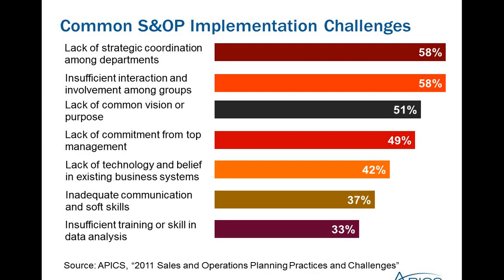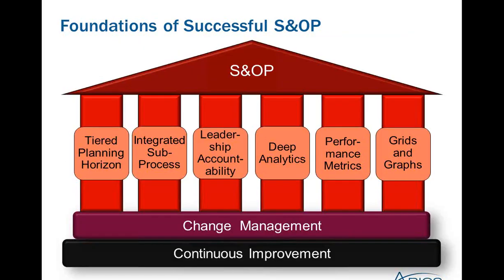The foundations we have in S&OP, I've already mentioned, continuous improvement is key. Change management is big as you start to formalize, because you're going to ask people to do things they haven't done before. You're going to ask people to stop doing some of the things they've been doing and trust someone else. So we need the pillars that you see here to make all that happen, we need to know what that planning horizon is. We need that leadership